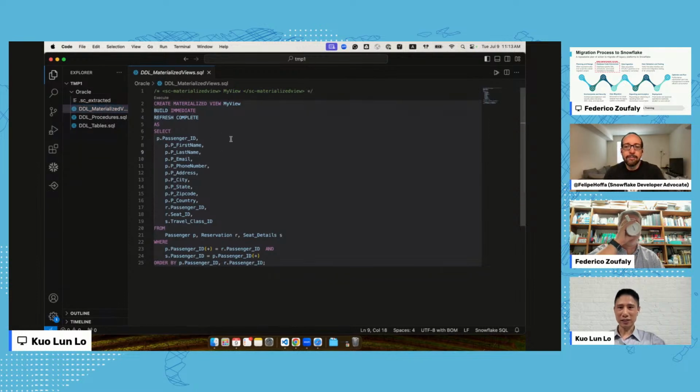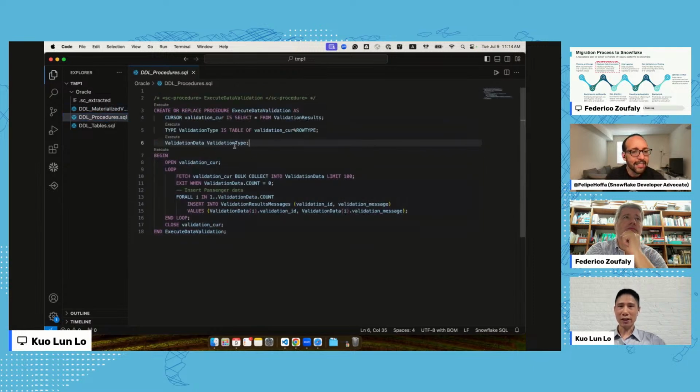This is a very interesting feature that we launched previously, where we translate this to a dynamic table, because it queries from multiple sources and uses a very complex Oracle pattern. You don't see any join syntax here, but this plus sign is an outer join syntax, very Oracle-specific. We'll see how SnowConvert translates this in the demo.